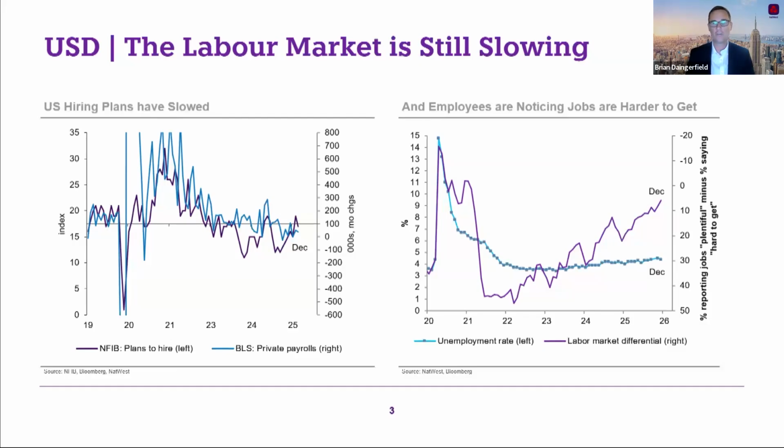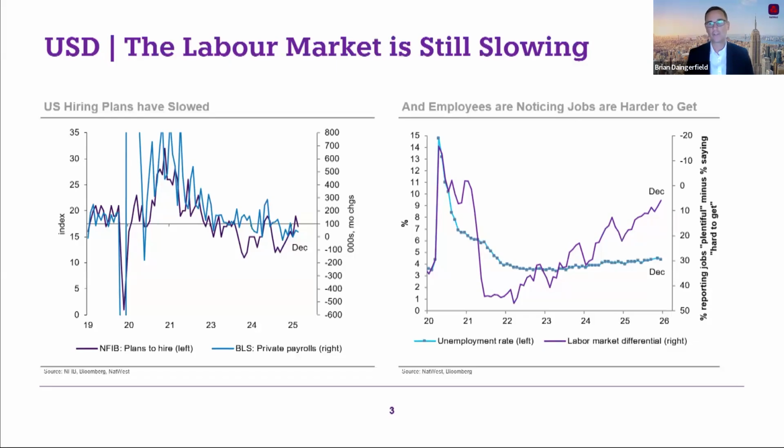And what you see on the right-hand side is that even though the unemployment rate has been fairly steady, it's higher than its trough. Around 4.4% right now is a pretty admirable result considering the slowdown in job gains that we've seen, with private sector jobs, as I mentioned, not far from flat, and federal government workers negative because of changes in the way that the Trump administration has approached federal government employment.